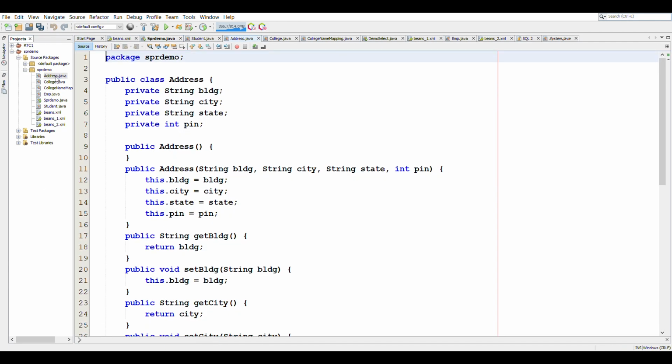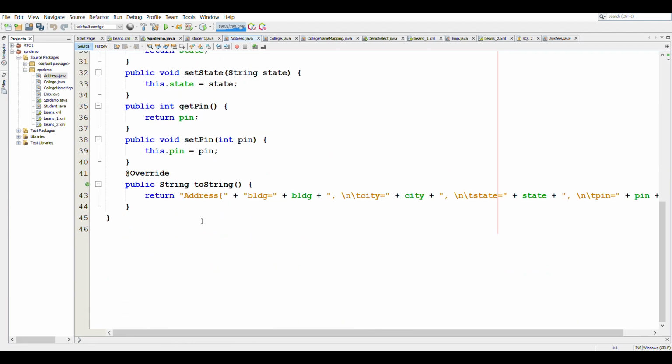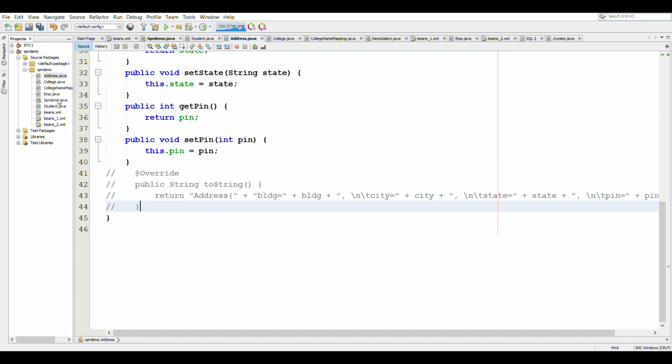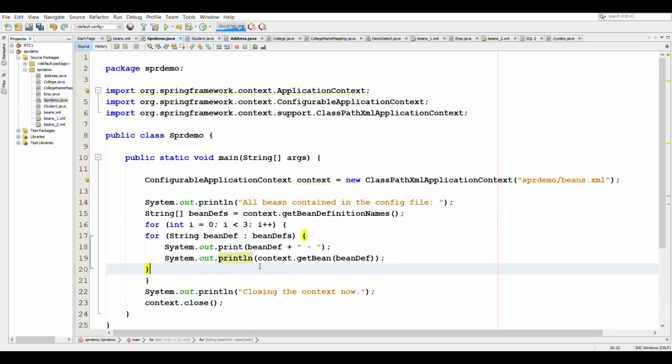So let's say we are working with address, we just comment out the toString method so that our code will print the object ID. So when we say context.getBean and we pass the ID of that bean, we will not be printing the toString method of our object. We will simply be printing the object ID that we get in return. And we are doing this 3 times for the same bean.